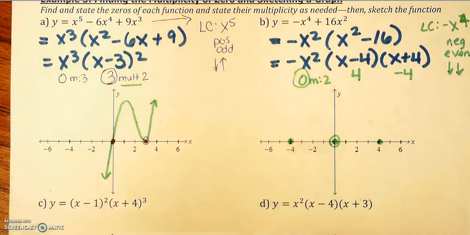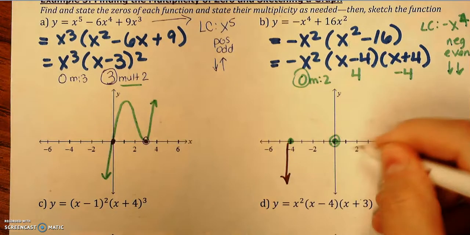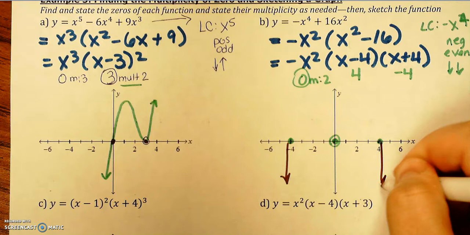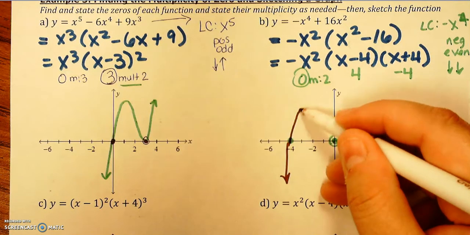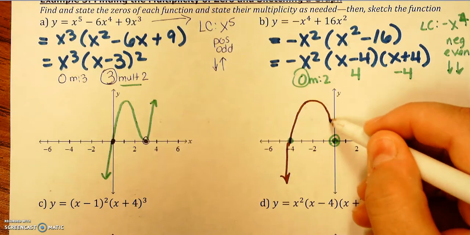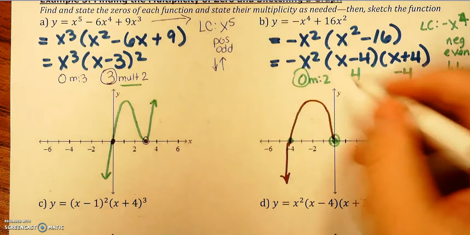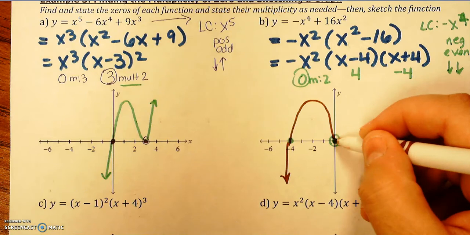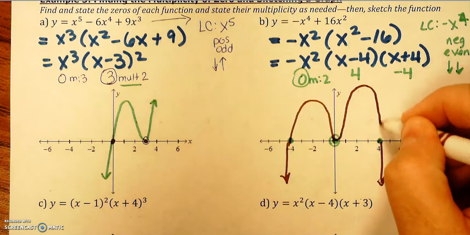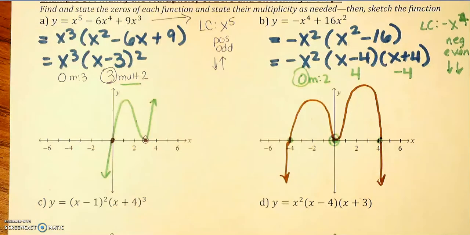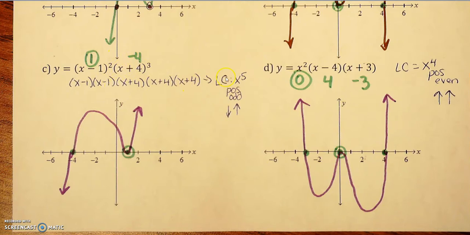And then I need to go down both at the beginning and the end for a negative even. Okay, this is an odd multiplicity, so go right through. You're going to come back down because you have to touch 0. Even multiplicity is going to bounce this back up. It's not going to go through the x-axis, and it's going to come back down. And we're just doing a sketch. This doesn't have to be perfect. Okay, leading coefficient here is going to be x to the 5th, sketch of the graph, and I'm going to run out